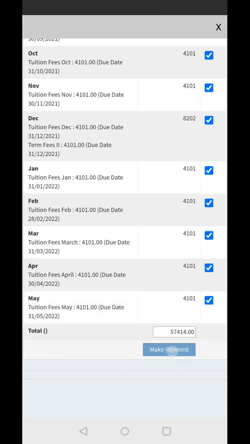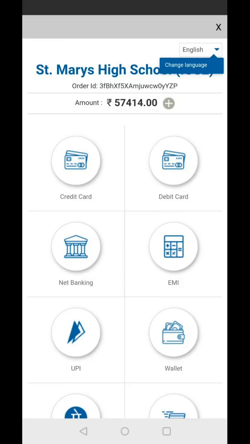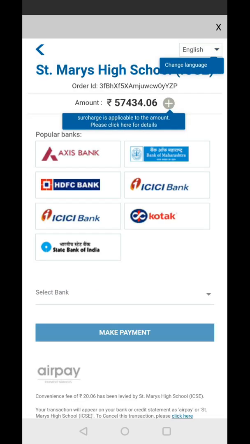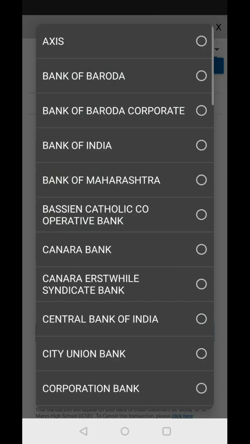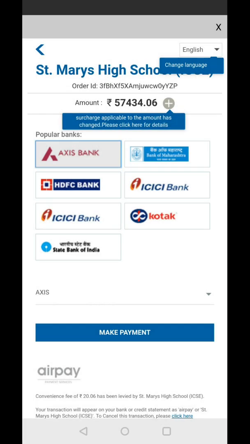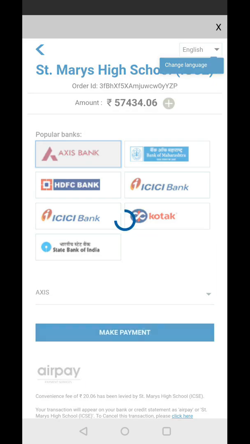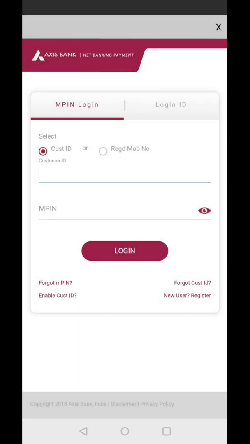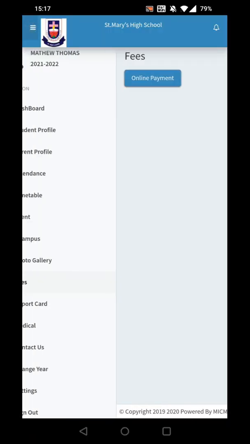Select the payment mode and click on make payment. This will take you to the bank page. After the successful payment, you will get a receipt under the fees section.